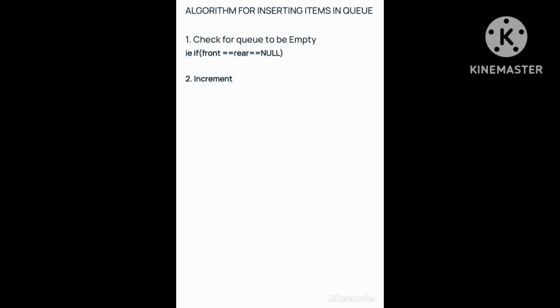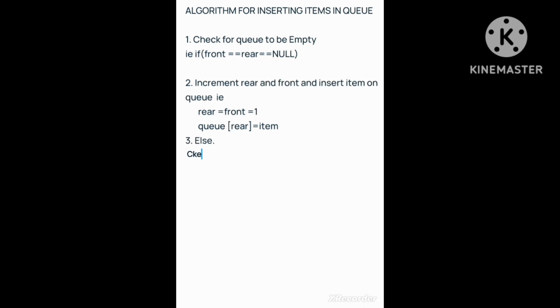Then we will first increment both the rear and front end by value 1, because we will assign both front and rear end of the queue to be the value which will point to the first element on the queue. Then we will insert the item onto the rear end of the queue.